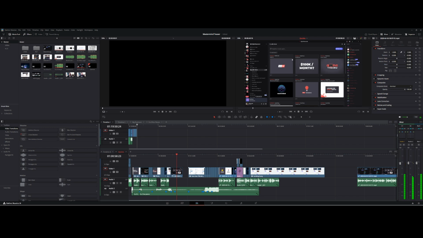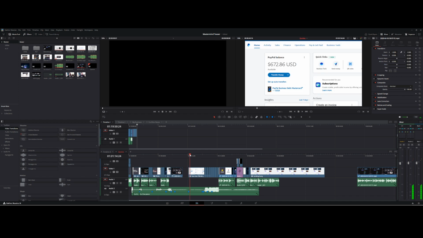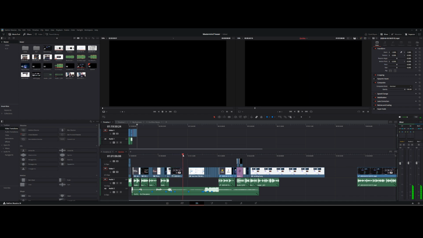But okay, so I've been... I kind of finished this edit, and by finished, it's not actually finished. There's just big dead spaces in between, and these hanging parts that I'm not sure are actually going to go in there, but it was 80% maybe done. And this was a week or so ago, and I've been kind of sitting on it thinking, is this going to work? And I don't know if it will.